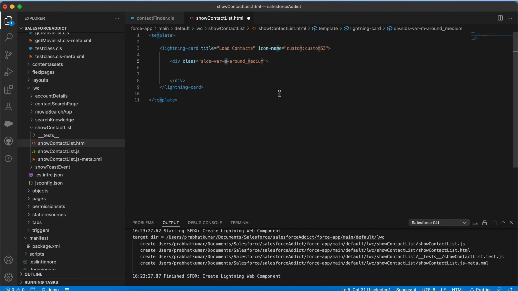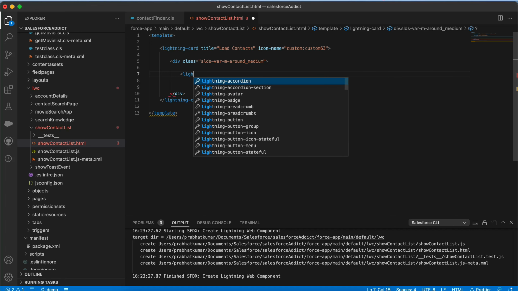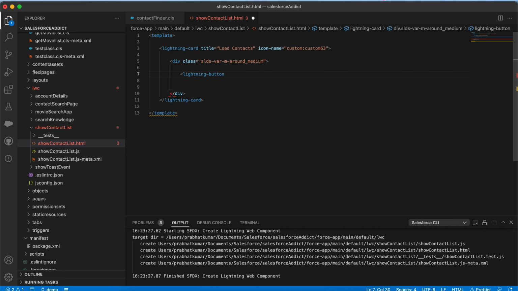Okay, so now I'm going to define the button. When you click on that button, it is going to load the contacts, right? So lightning-button, these are the tags. You can go to the official website of Lightning or Salesforce and get the information about what things you can achieve by using these tags. I'll name it load contacts, the button label, and onclick,